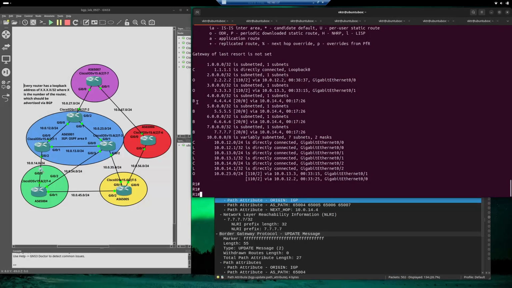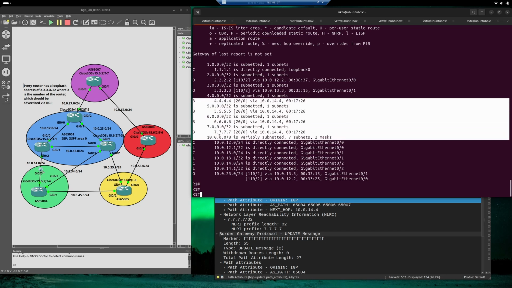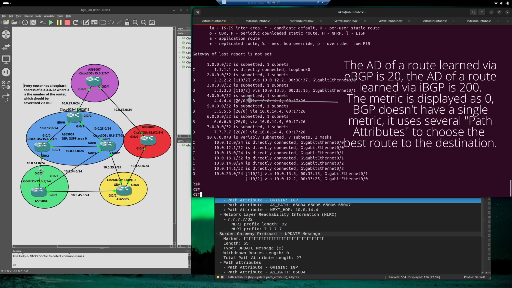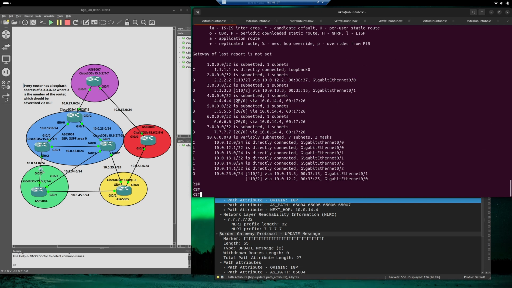And indeed, we learned the new BGP routes, eBGP routes to be exact, because the administrative distance is 20. The AD of an iBGP route would be 200. So let's try to ping router 7's loopback address